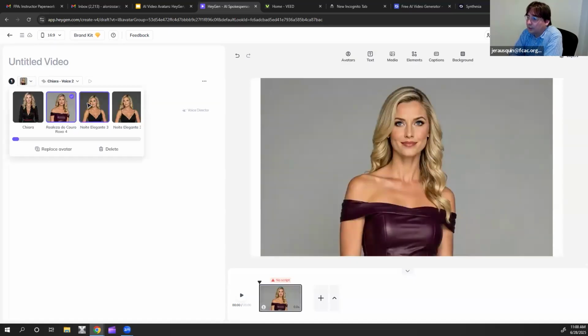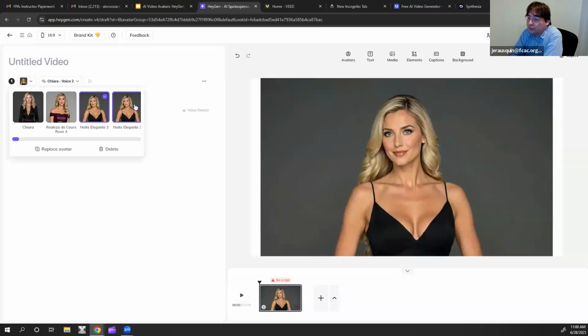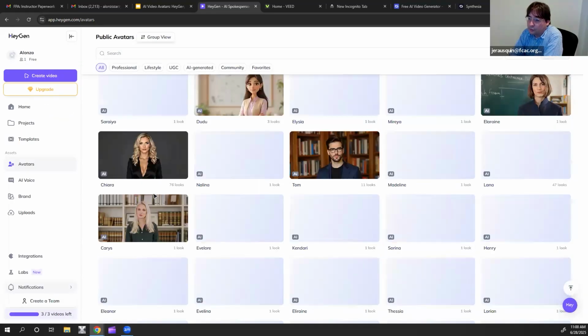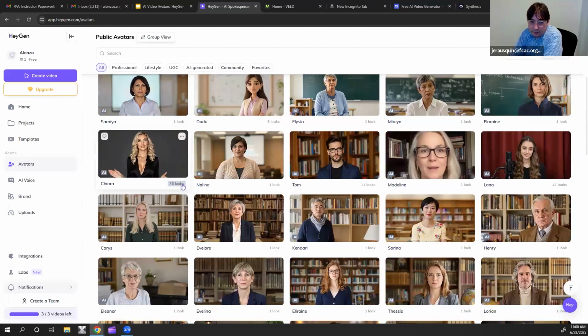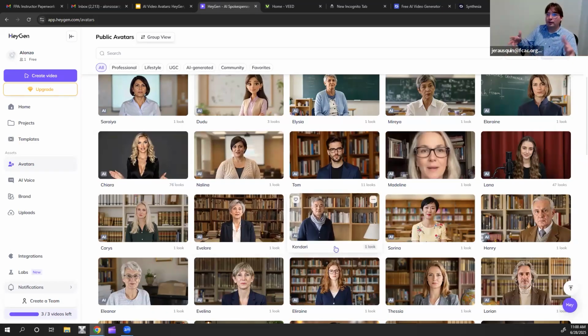So here you have the presenter with different looks. And here I believe you're only getting a few looks from this avatar at the moment, just because it's the free version. Once you get into the higher tiers, you'll be able to unlock that full 76 looks option. So in that regard, you can see that with that avatar, you have a whole myriad of options for